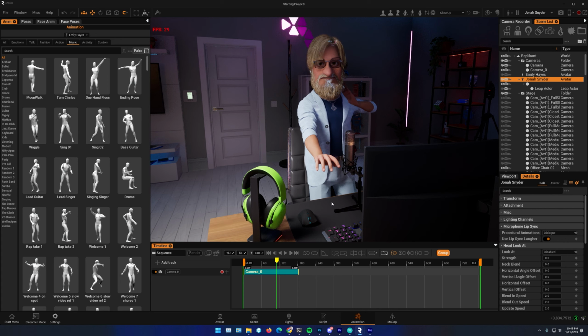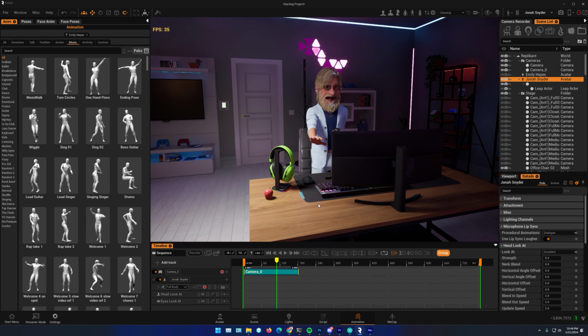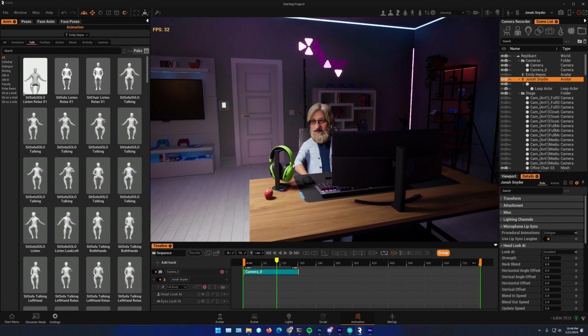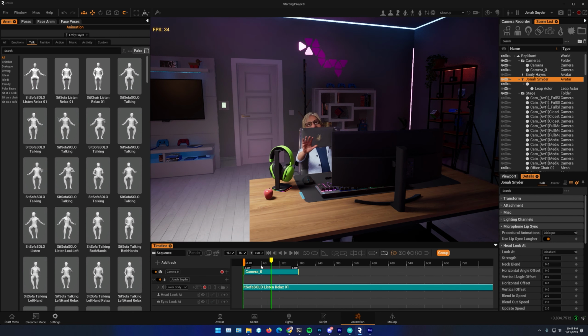Now what I can do is, I want him to sit, for example. Let's say I'm going to add him here. I do want my hands to move, but I want him to sit. So I'll take a seated position, full body, and I'll move that to upper body, not lower body. So now